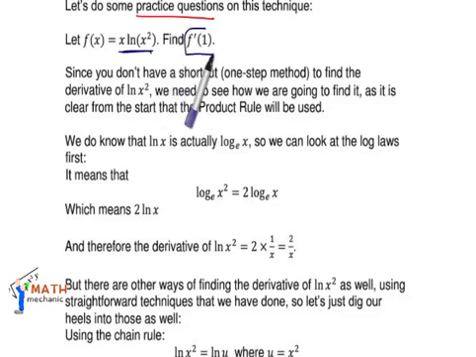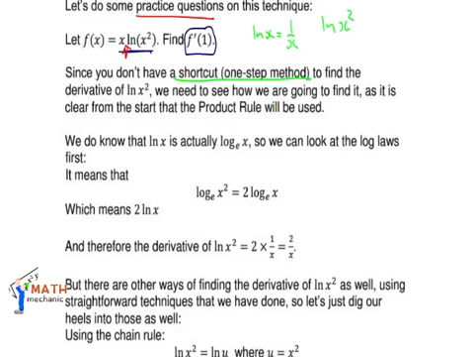And like in the original question, they're asking us to find a value in the first derivative. Now you'll immediately notice that this is the same as the original question, but, and this is important, we don't have a shortcut or a one-step method to find the derivative of ln of x squared. We know that the derivative of ln of x is equal to 1 over x. That we have already discovered, but there's no shortcut method for the ln of x squared.